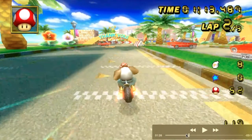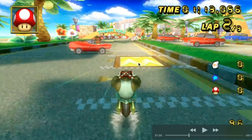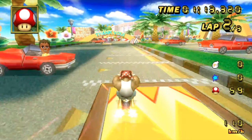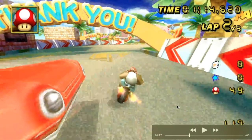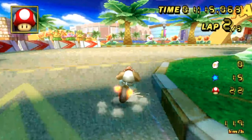Now he waits to hop until after he gets the boost, because if you hop onto the boost panel, then those are more frames that you're in the air without a boost. So he waits until he gets the boost, and then he hops to the side, which loses the least amount of time. And then he drifts back to avoid that car,